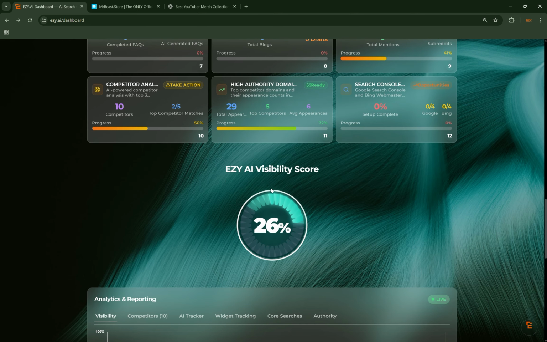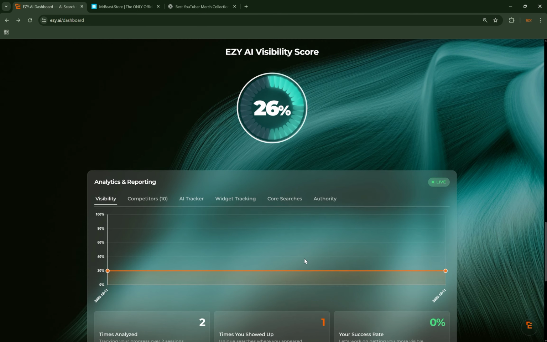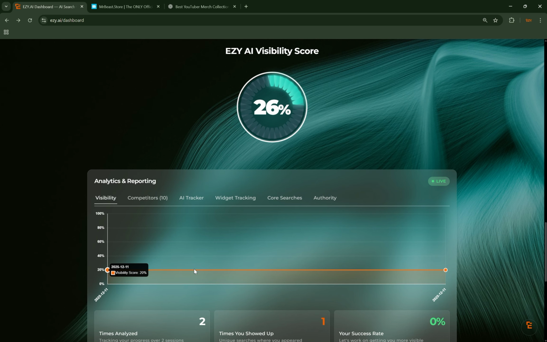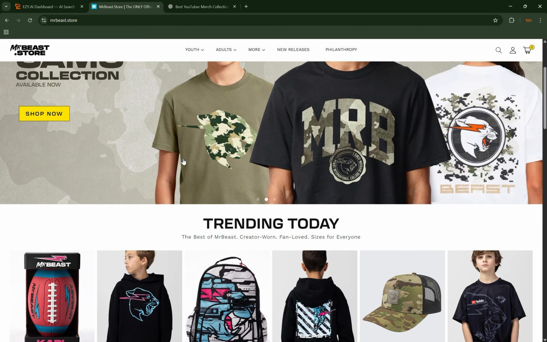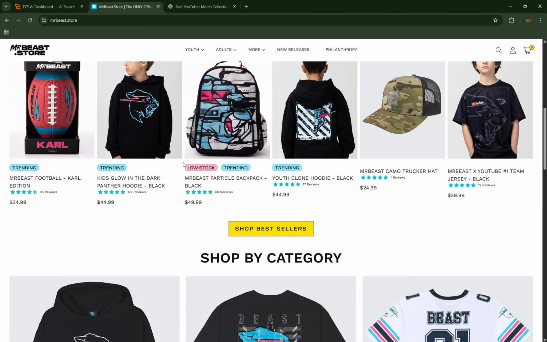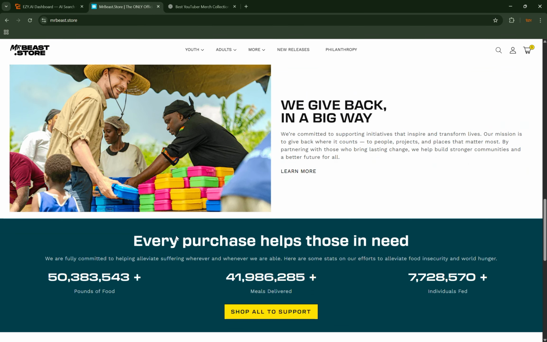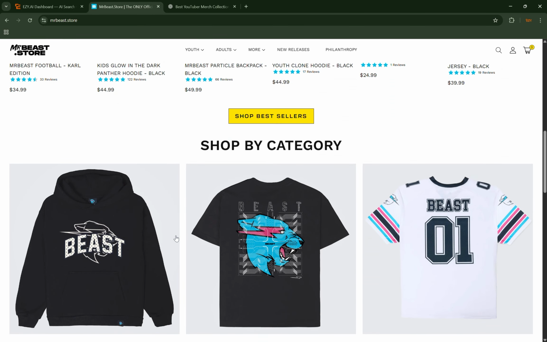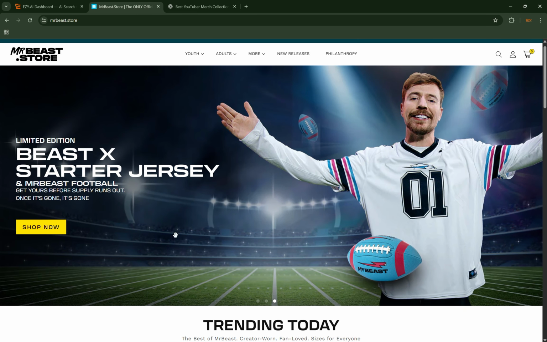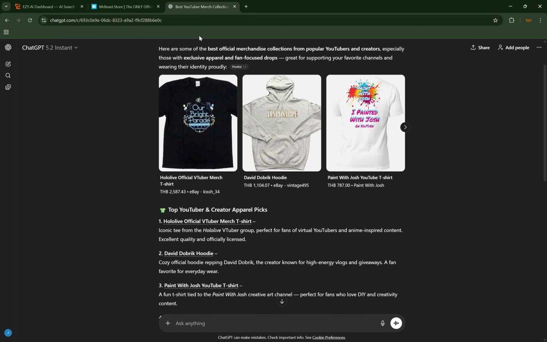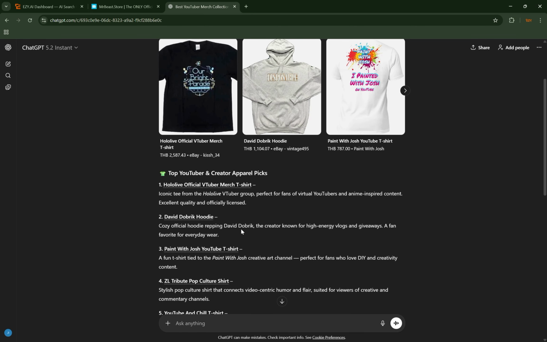If we scroll down, he's got an Easy AI visibility score of 26%. And over time, you would hope that this will increase. But really, his entire site is built in JavaScript. So it's actually very hard for LLMs to render all of the information on this website, which is a downside of a lot of the latest website creator tools. So there's some really easy, low-hanging fruit changes he could make to get a lot more visibility on Gemini, Perplexity, and ChatGPT.